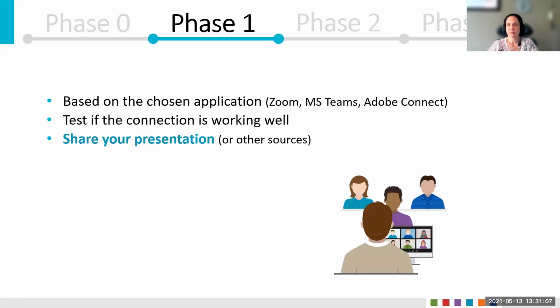In the classroom, we're still in phase one. We're just about to start the class. So starting the virtual meeting is going to be based on the application that you've chosen. There will be a link on the podium computer for Zoom and MS Teams. You're going to log in using your UO Access login and password to these